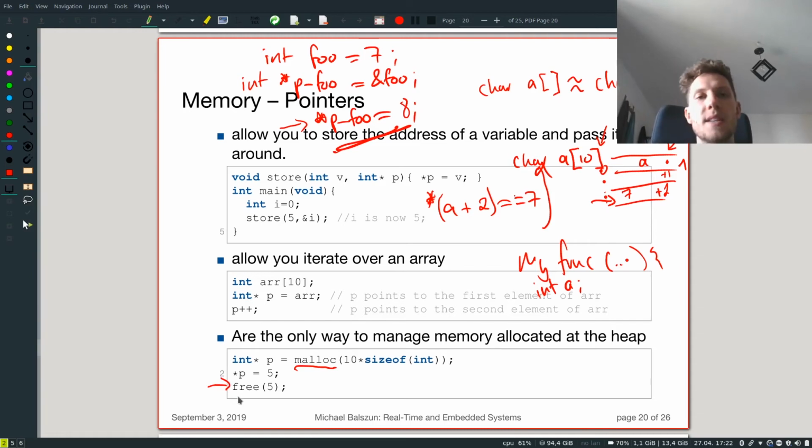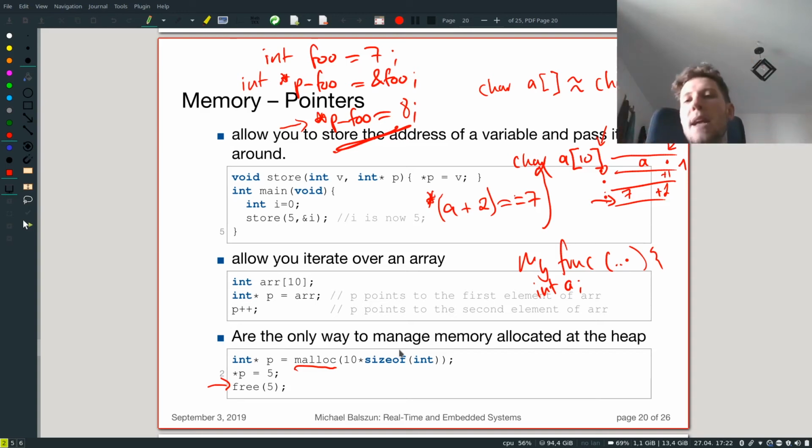Now, free is the opposite. It says, okay, this memory is no longer being managed, we don't have any variables there. And after a free, if you were to access the same memory locations, you could have a problem again. But the idea is that we call this dynamic allocation, where we're dynamically allocating chunks of memory for use in functions. And then you have static allocation,